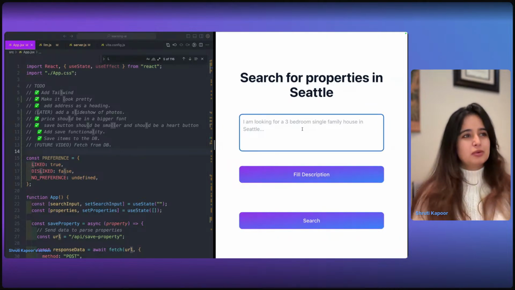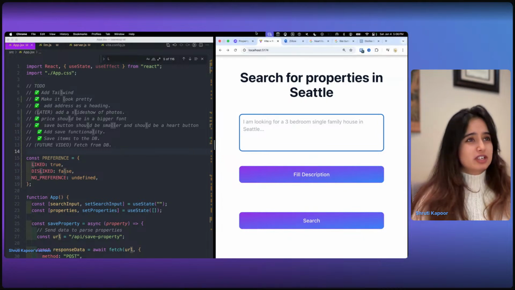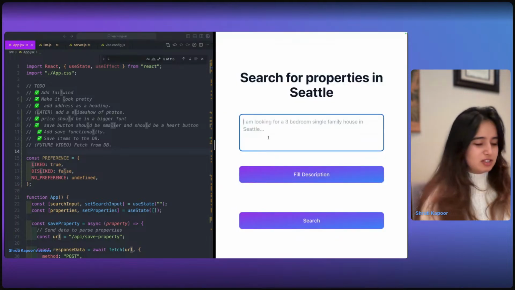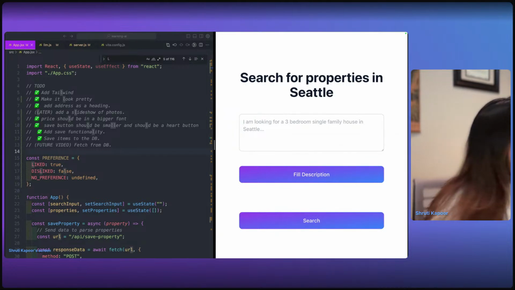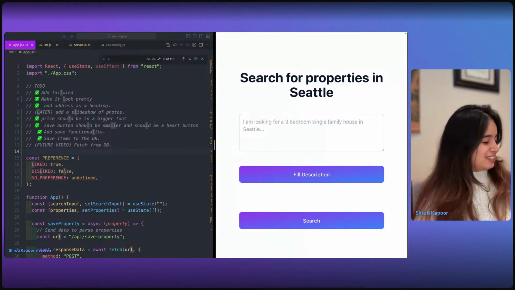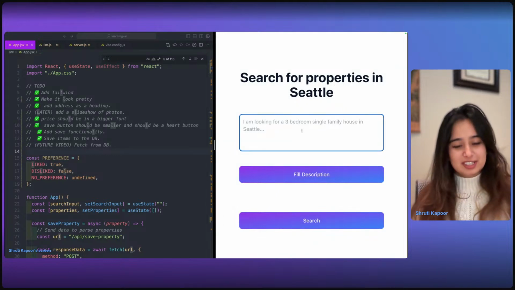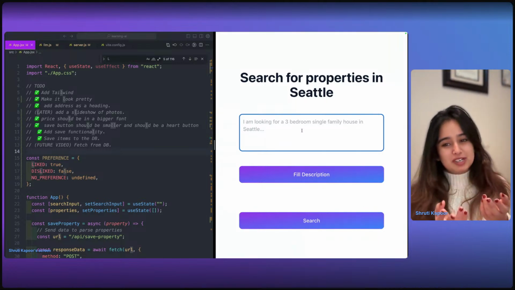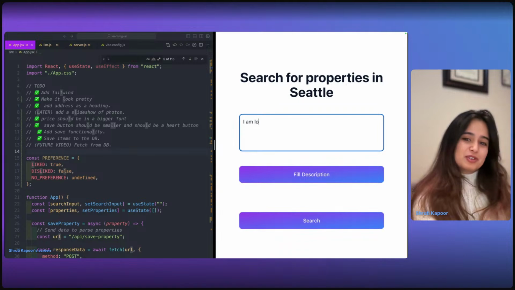This is a real estate app where, instead of looking for a property by entering filters on things like Zillow.com, where you have to enter like 40 different filters together to get something meaningful, we can just write a sentence and get the LLM to parse that sentence for us and get JSON out of it, which we can send to the Zillow API. I'm going to demo that for you right now.